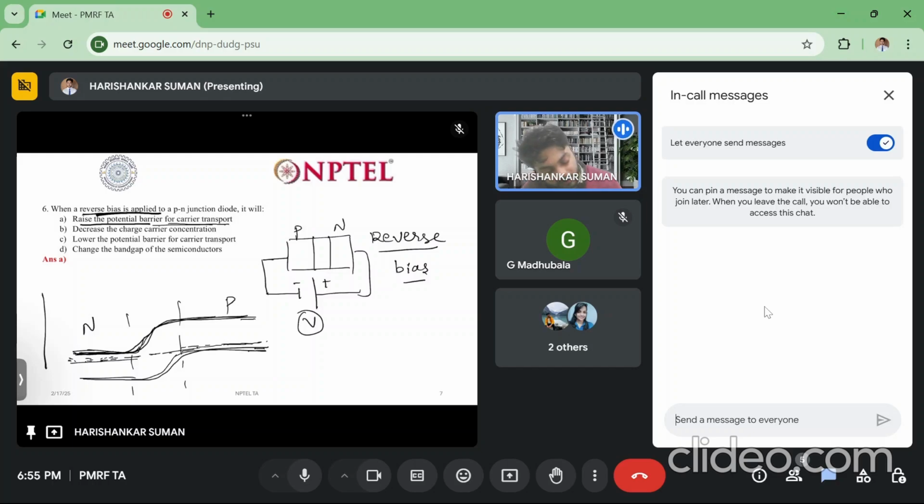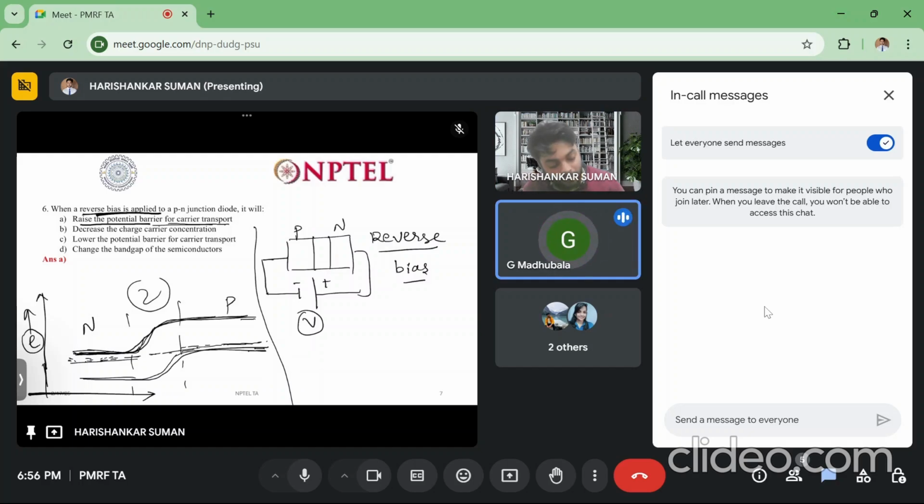What is the barrier? Do you know? For electron, energy is higher this side. Sir, the second diagram, I don't understand, sir. That one. This, sir. Yes, okay. Second diagram. So